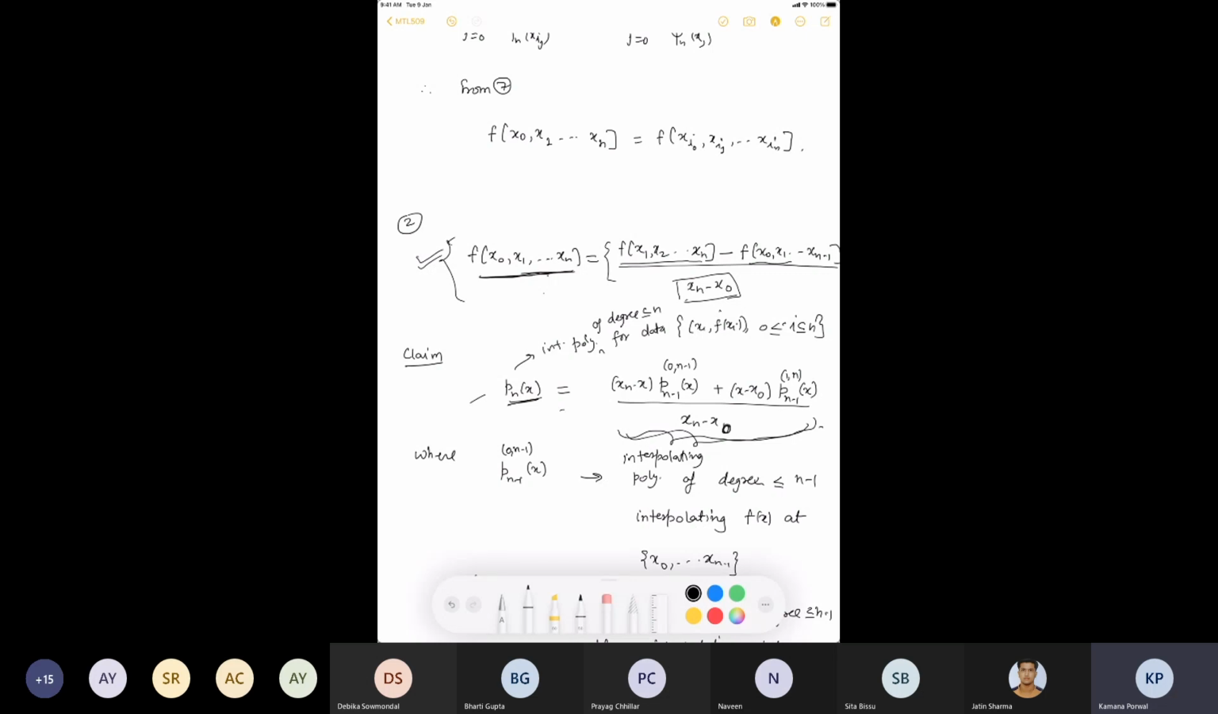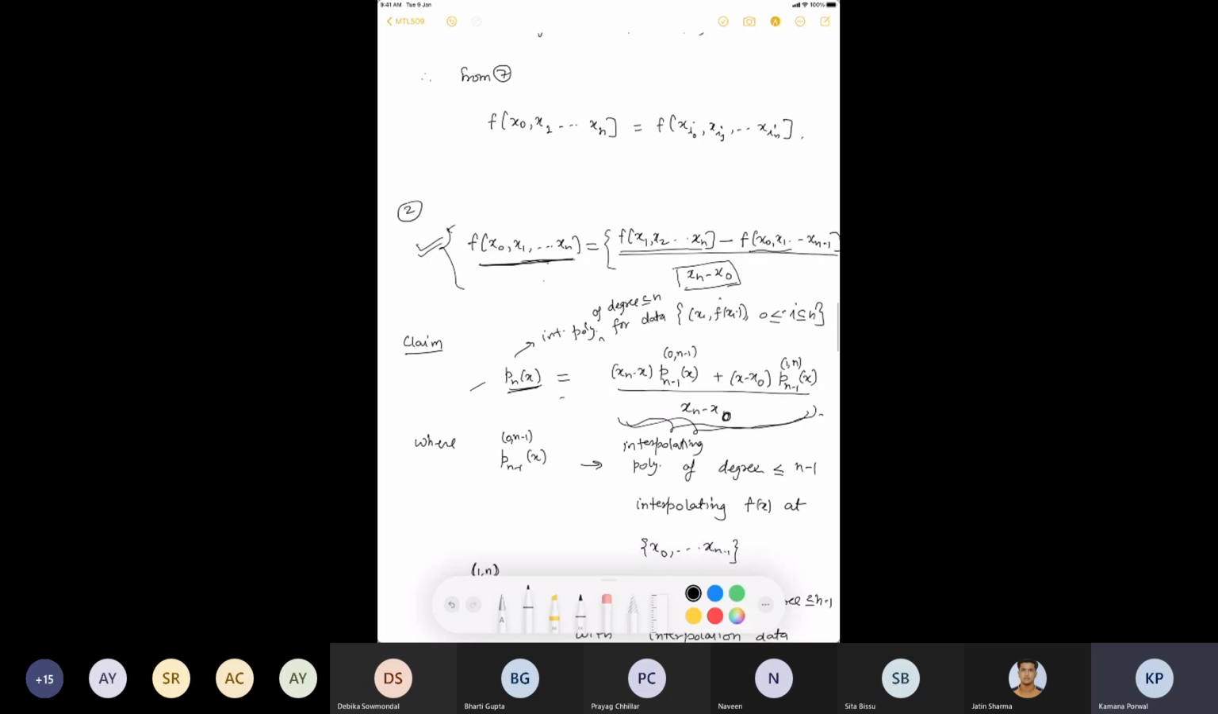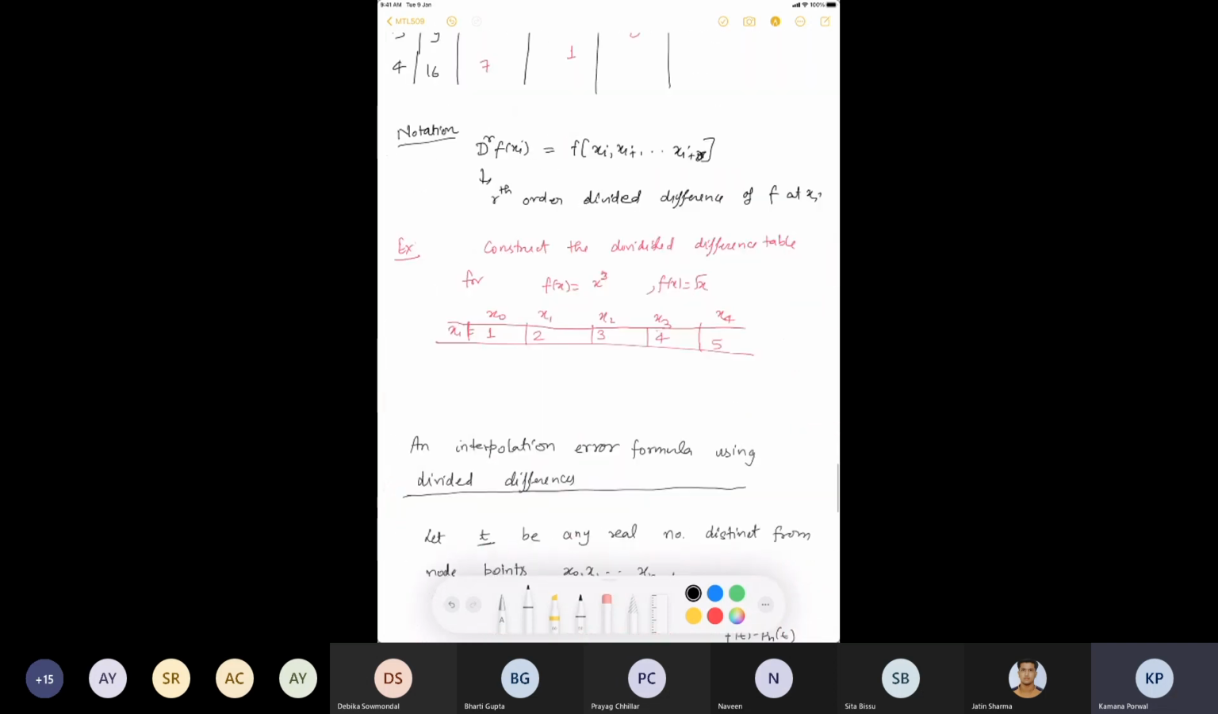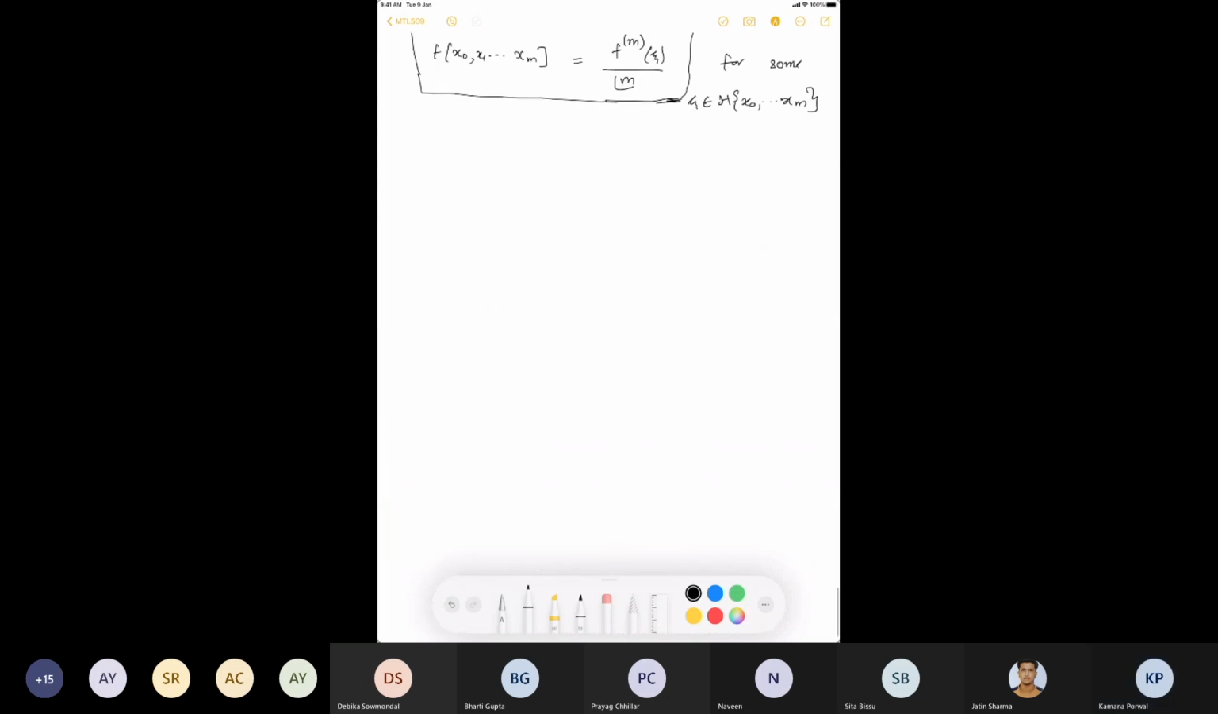So this formula is not going to be useful in that case. Now we are going to see another formula for the divided difference, which can be used even when the nodes coincide. First let's obtain the formula, and then we will see how it is going to be useful. I'm going to prove this as a theorem,